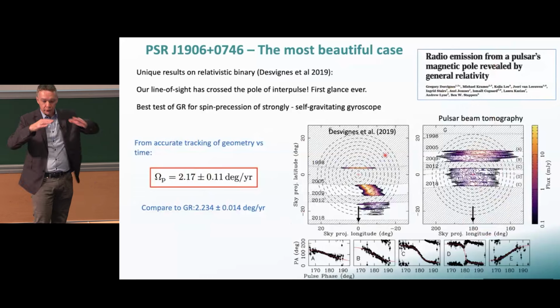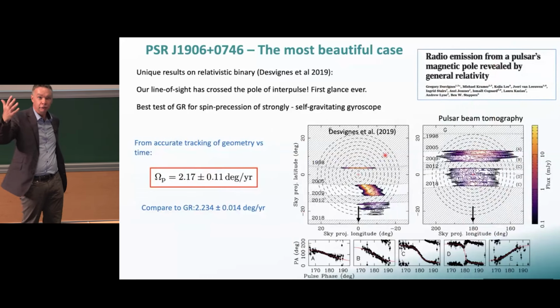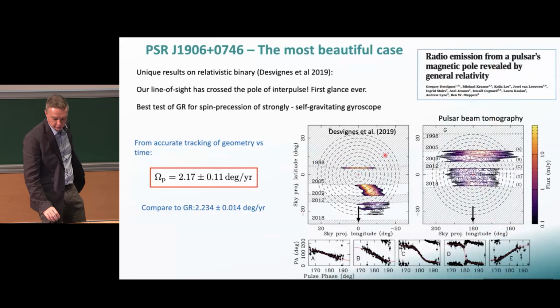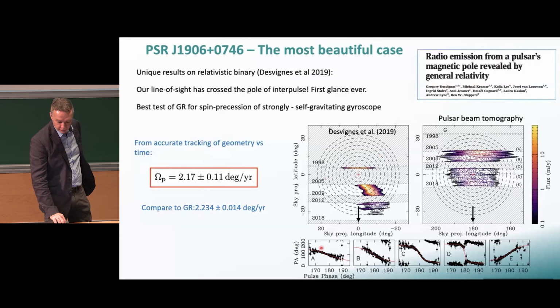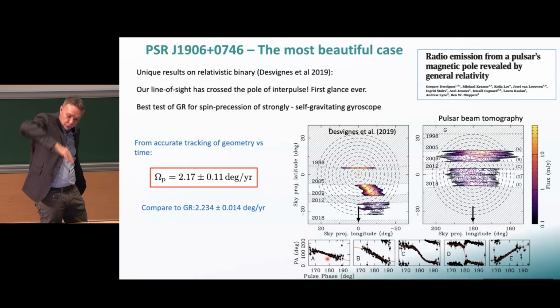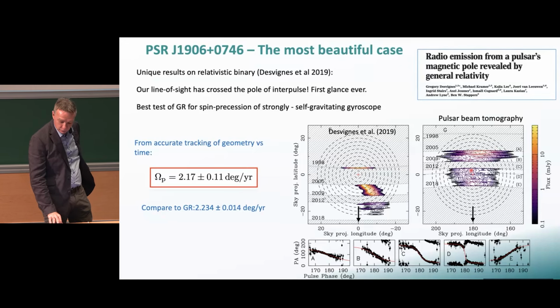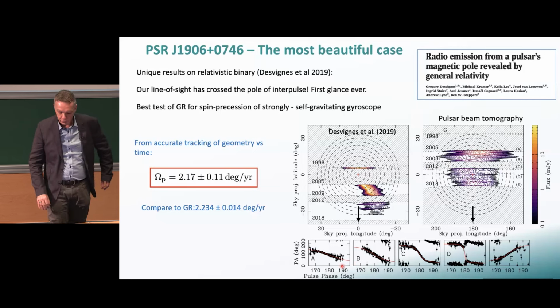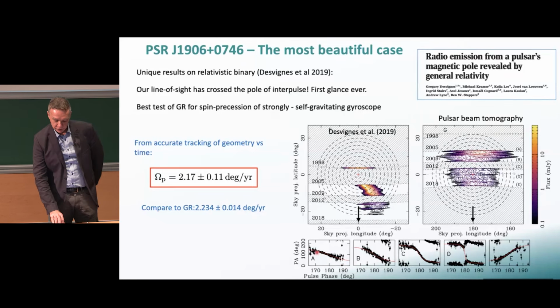So you can put this all together, you piece this together, and you get tomography of the pulsar beam for the first time. And you can also see that the polarization, if you just concentrate on the south pole here, this is the position vector, the polarization angle as a function of time. And you can see that it's changing from a slope like this to a slope like this, which means we have crossed the magnetic pole. So we know for the first time,